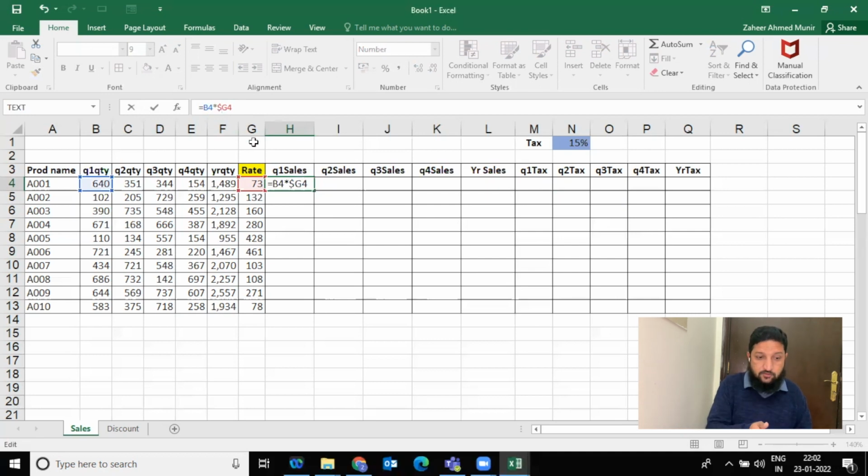If I drag down, G4 will become G5, which is fine. So for the next row, it should calculate 102 multiplied with 132. Okay, so this is fine. If I drag to the right,